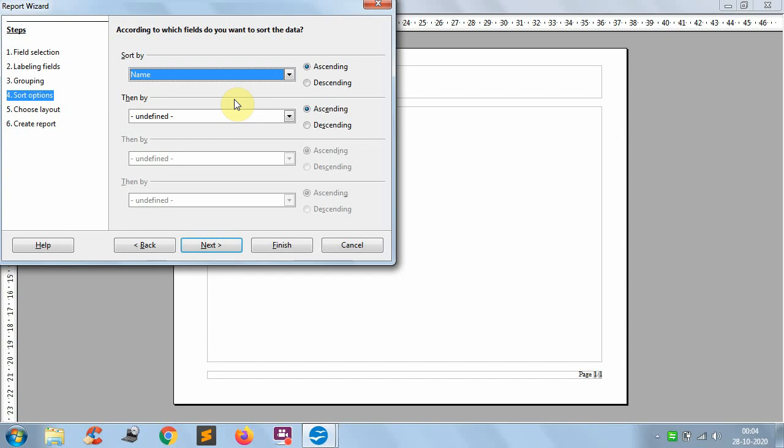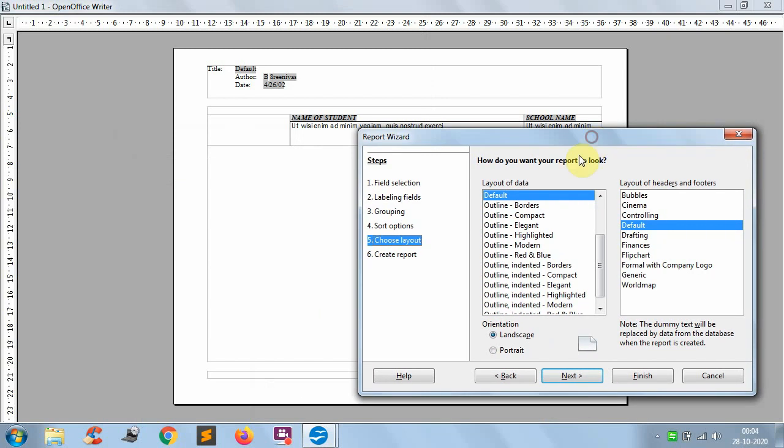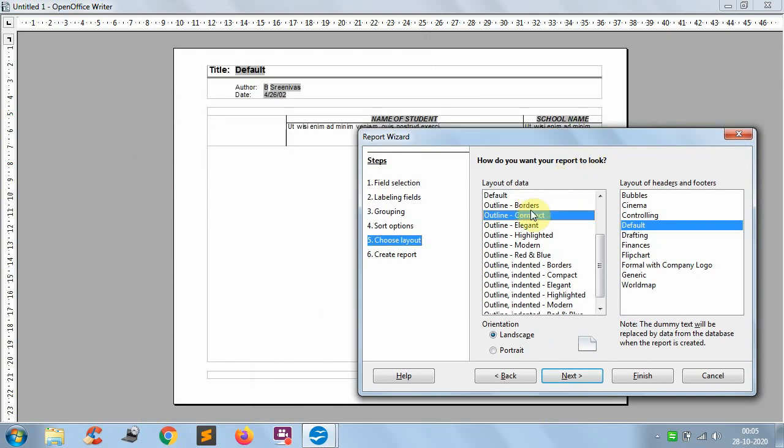So that's why I have given sort by. I have selected the column name, and after that I want to keep it in ascending order, meaning A to Z. If you keep it in descending order, it means Z to A. And next, here we have to select the layout and design. We have already discussed this. Now go through this one.